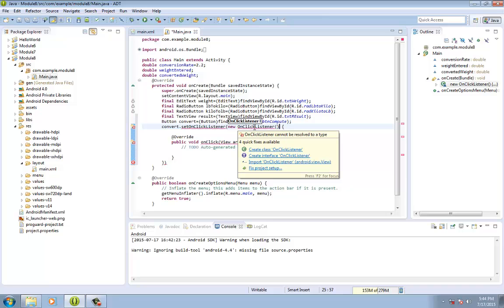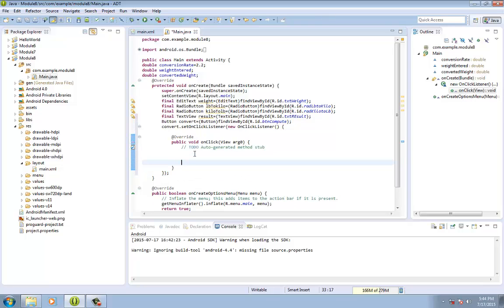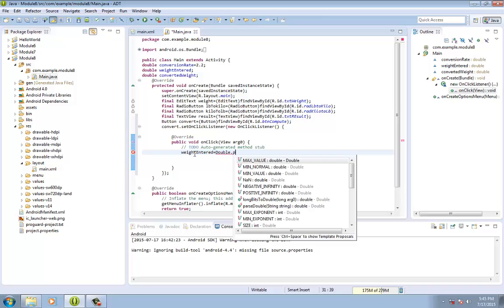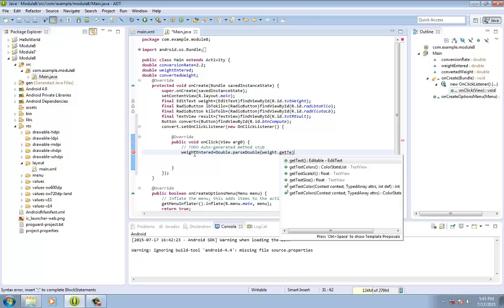so that once we click the button, there's going to be computations, or there's going to be something involved there to pull out the message. And then just below the onClick(View) code, we are going to add this weightEntered equals Double.parseDouble, and then weight.getText,